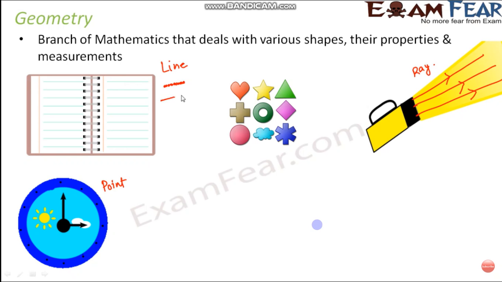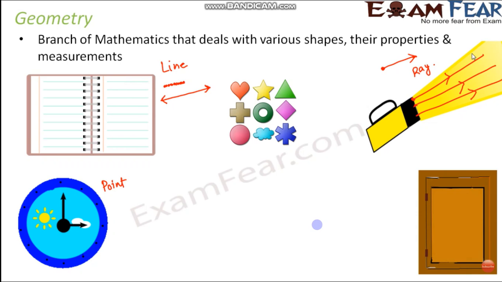So this is also a basic element. When you talk about a line, it is a straight line that extends in both directions. When you talk about a ray, it has a fixed end point at one end. The other end continues indefinitely. Like the source of the torch, the end is fixed, but the other end keeps on going indefinitely, so the other end is not fixed. So that is a line or a ray.